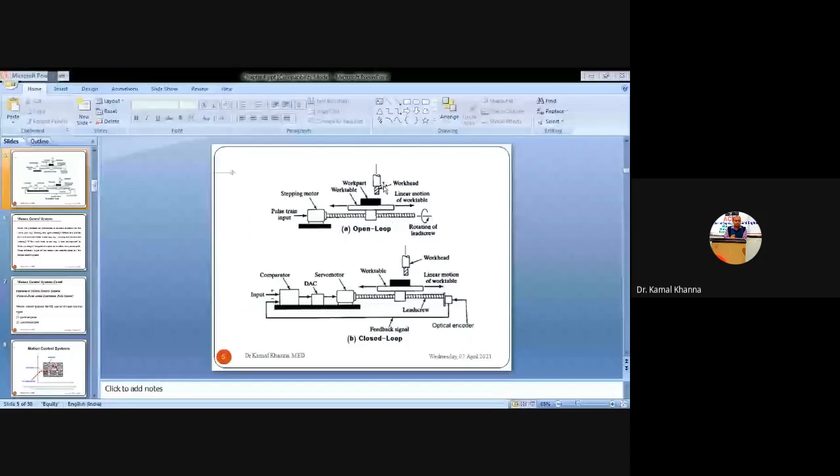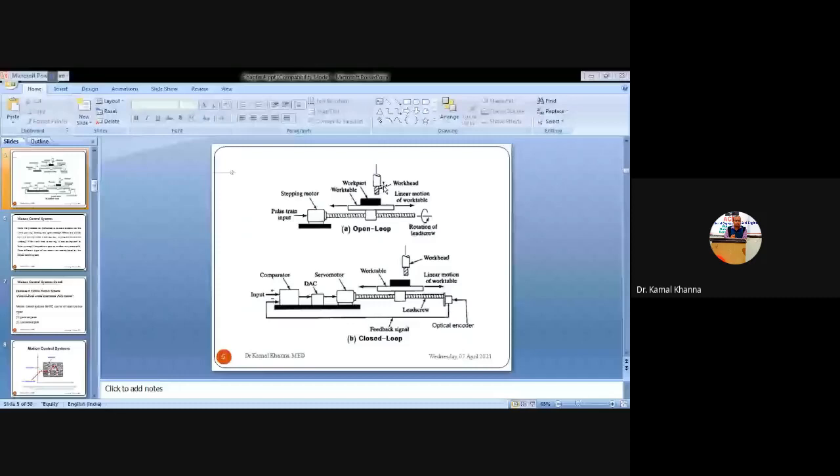So in the open loop control system, you can see there is no feedback system available, and hence there is no comparator that can compare whether the stored results or the desired result have been achieved or not. In the open loop control system, only the operations are performed, and after all the operations have been performed, only then can the worker judge and understand whether there is any error in the workpiece or not. And if there is an error, there may be a rejection of 500 or 1000 products of the same lot, and we have generated a lot of scrap in that case.